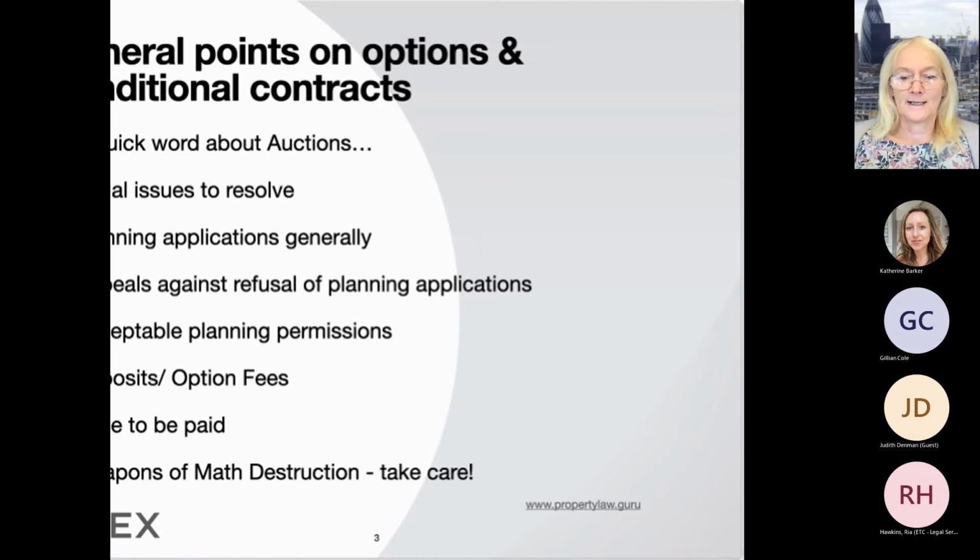However, the condition said the builder must buy the land on the grant of an acceptable planning permission. Definition of acceptable planning permission: an acceptable planning permission is a planning permission which is acceptable to the builder in all respects, and this decision is in their absolute discretion. Right. Now, I want you to put in the chat room whether you think that is really a conditional contract or whether you think it's an option, in effect, even though it's got big letters at the front, a conditional contract. So type something in there.